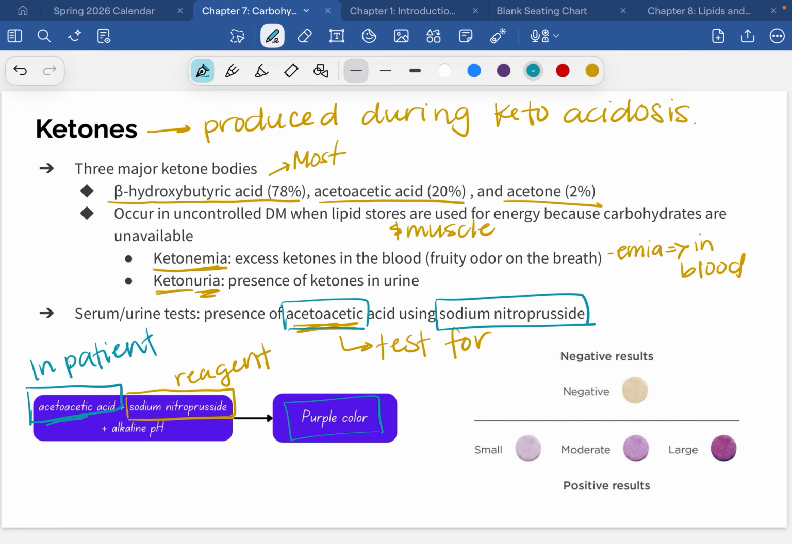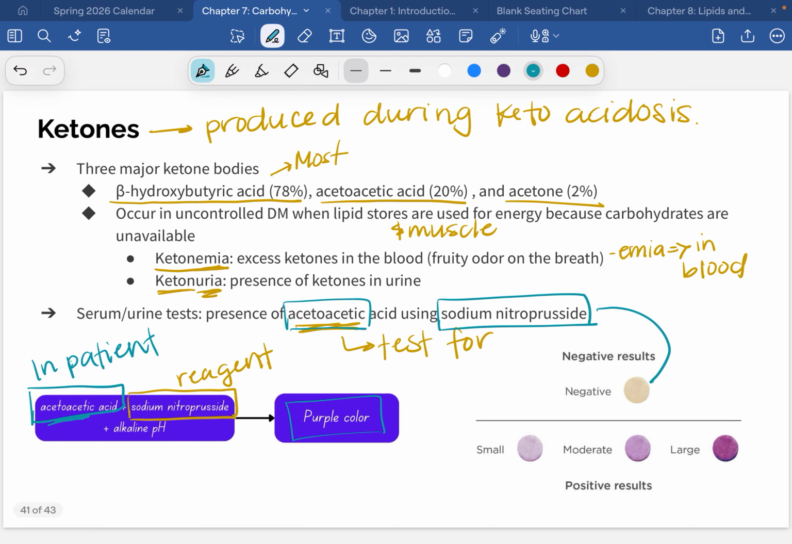They're actually these little tabs that you add. These tabs have sodium nitroprusside in them. And when you add patient urine or serum to the top, if there is ketones, the little tab will turn purple. Okay. And ketones are always produced in the same percentages, right? The 78, 20, and 2%. So even though we're only testing for acetoacetic acid here, this is enough to tell us that the ketones are